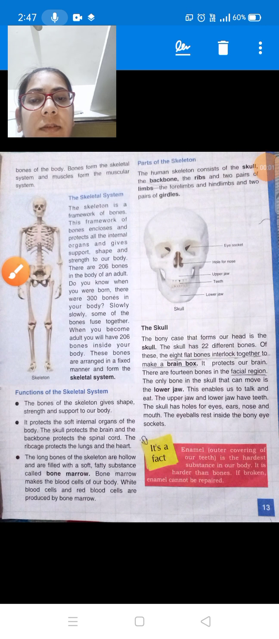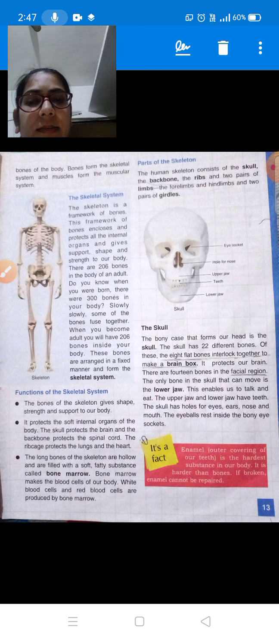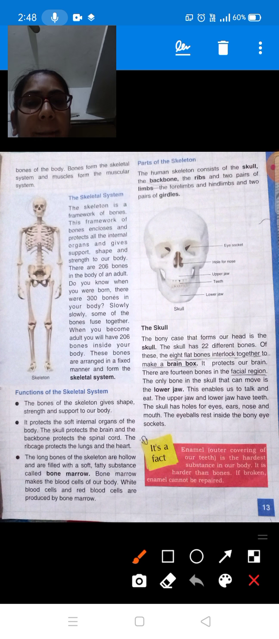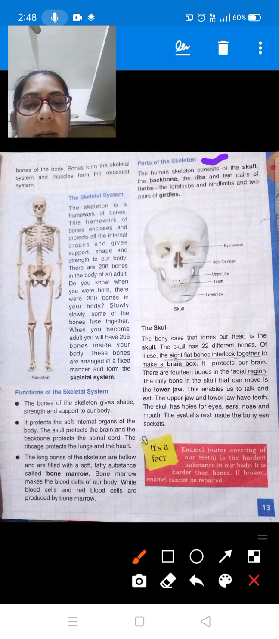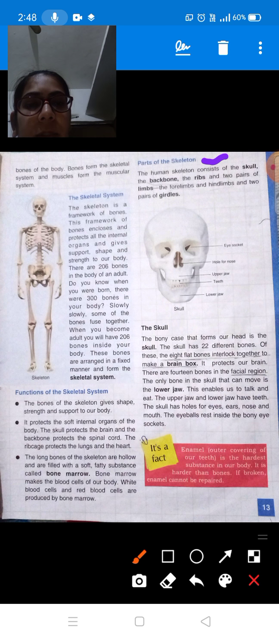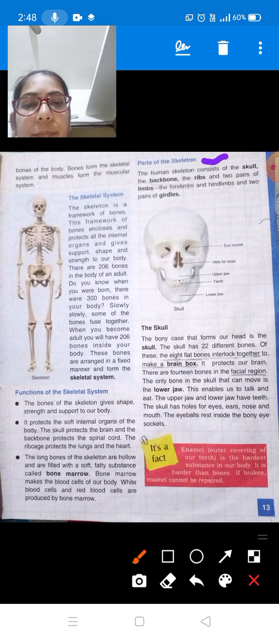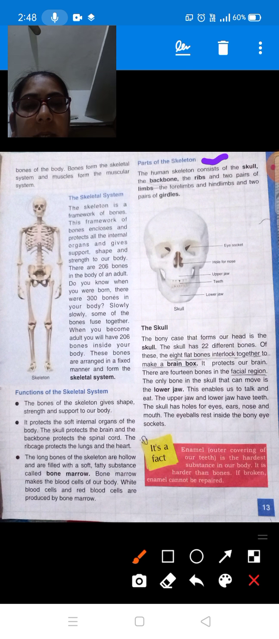Hello class. On the previous turn we studied the skeletal system and the functions of the skeletal system, right? Today we are going to study the parts of the skeleton, meaning how many parts the human skeleton is made up of. So students, the human skeleton is made up of the skull, backbone, ribs, two pairs of limbs, forelimbs and hind limbs, and